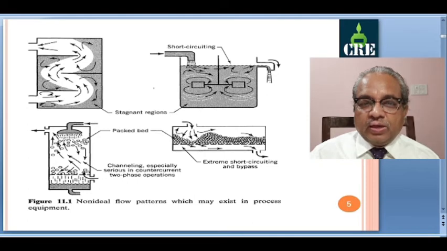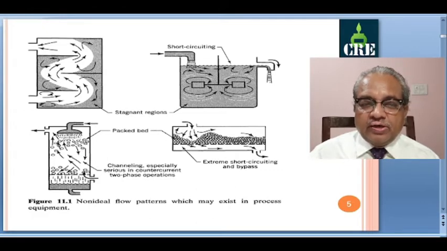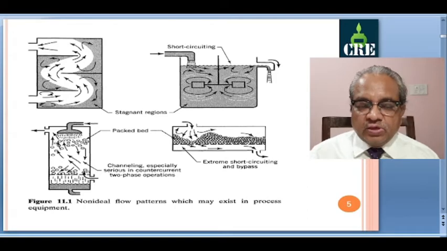And all these phenomena are random phenomena. The movement of these molecules is random. So whatever is happening in this channel, we cannot really quantify it exactly. So no perfect models are available which will consider all kinds of non-ideality and give you a result exactly matching the real reactors. It is not possible. Some approximate non-ideal reactor modeling is possible, and that we will see, but that too not in detail, just as an introduction.